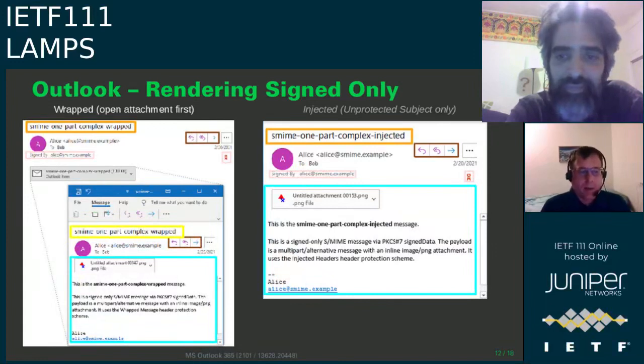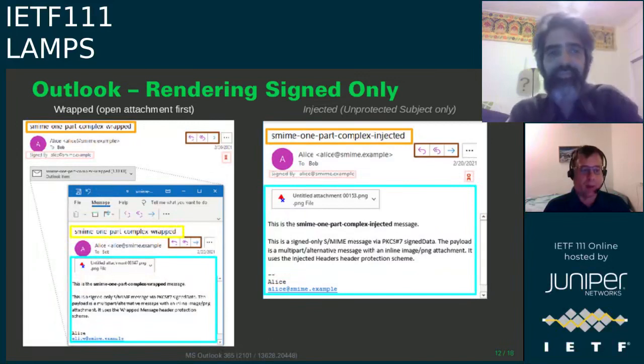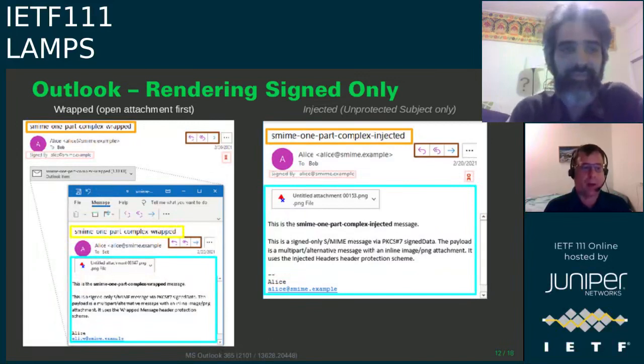To summarize the differences here, in the wrapped case, the current S/MIME standard, you have the chance to see everything you need. You see the protected subject and the unprotected subject and can actually compare whether it has been tampered with manually. You have the chance. Where on the injected message, you don't have the protected subject and you also don't see if someone has tampered with the subject. Basically, as S/MIME works now, with that respect. If there are no further comments, we go to the next slide,